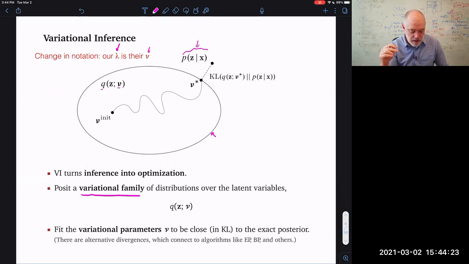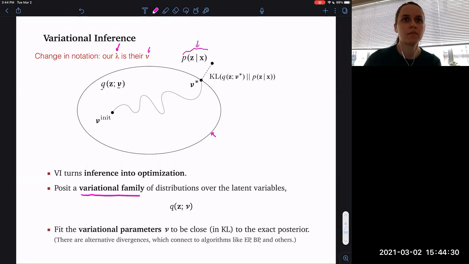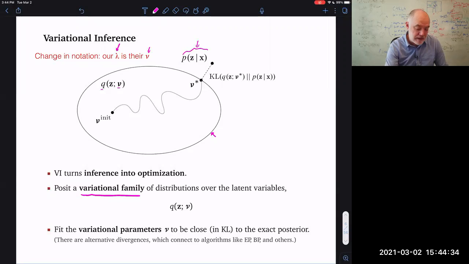The point and the magic of variational inference is to try to find the member of this variational family that is within the variational family, but closest to the target posterior in some